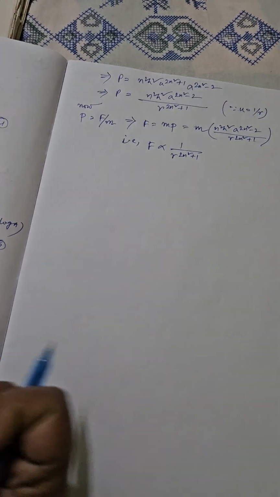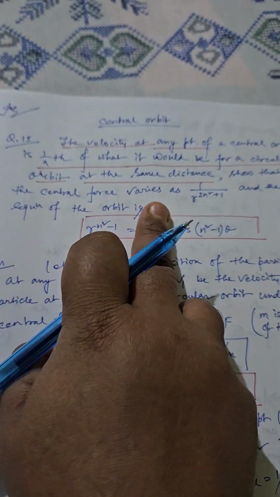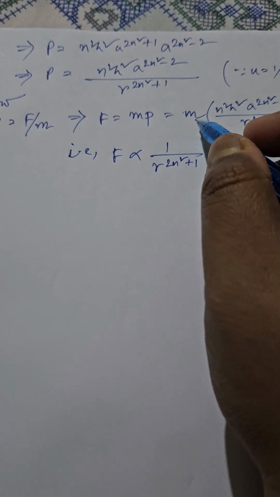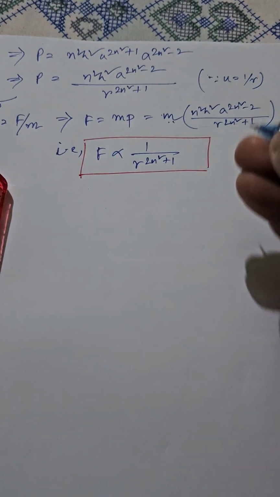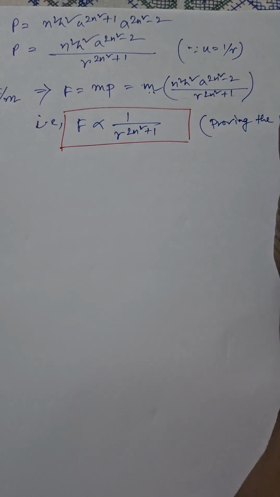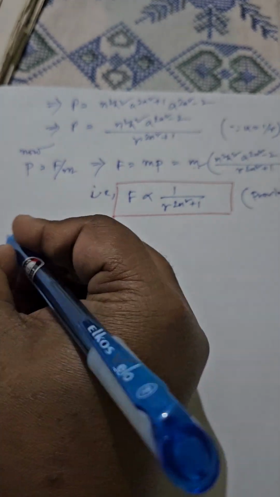Now remember what we wish to show. The central force varies as 1 by r to the power 2n square plus 1. So F is proportional to this, and F is the central force. M is the mass of the body or the particle, so it is a constant. N, H, A, everything is constant. So you can say this is the required criteria. So you have proved the first part, and here you have to write proving the first part. Okay, now